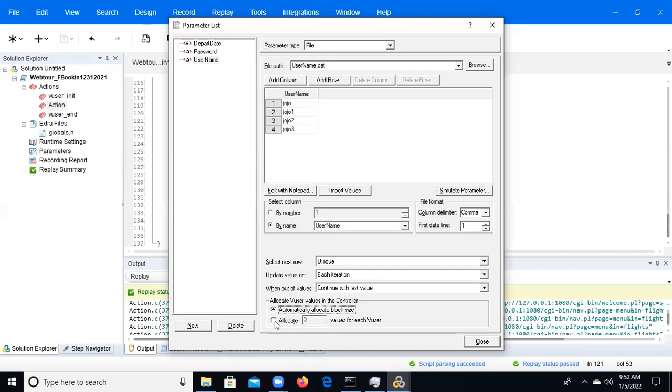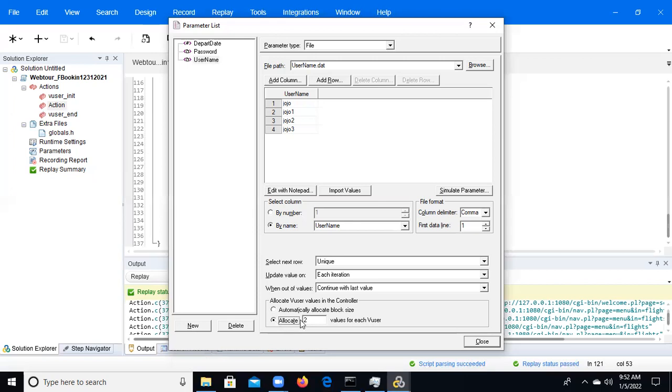I will give one example. Say I have 100 users, but passwords only for 20. Every 20 users will pick one password. Otherwise, every 10 users will pick the first password. At that time, I will create a block and give 10. Now we have 100 users and 10 passwords, so we create a block of 10. Then the first 10 users will pick the first password.